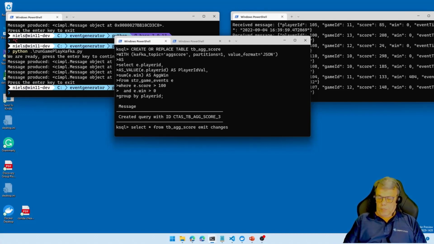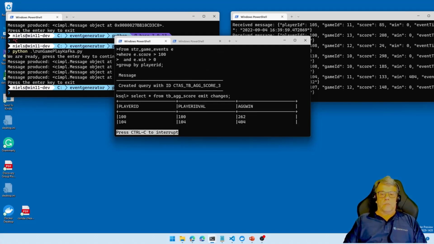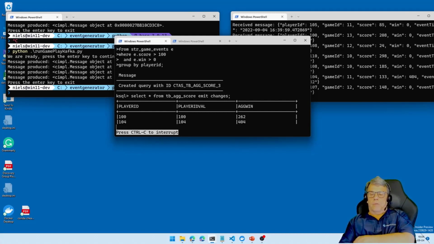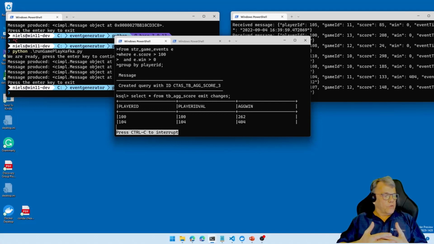emit changes. Right, running that, and we're now having player ID val, and ag win. So we see that player ID 100 has an aggregated win of 262. Player ID 104 has an aggregated win of 404. Right. So you may now ask yourself, why do I see player ID here? What did I say about this player ID val?